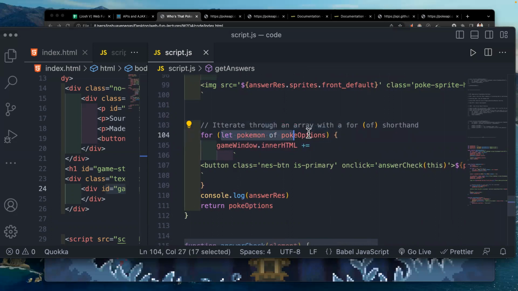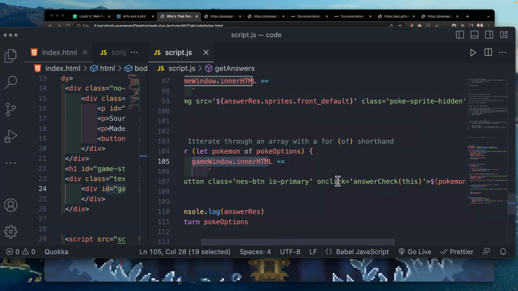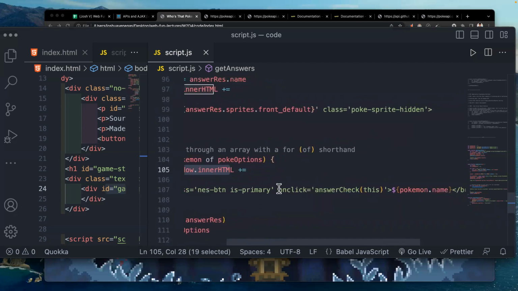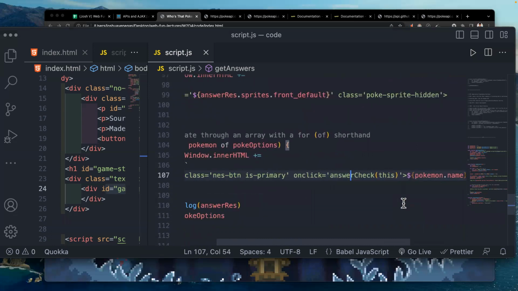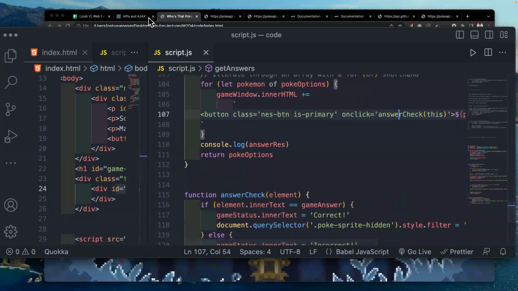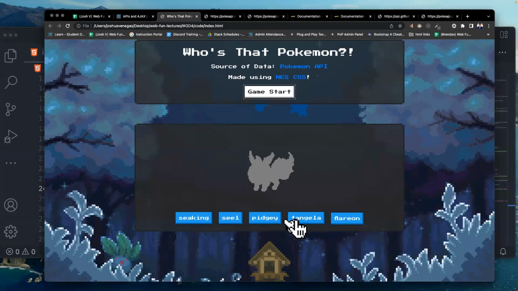So for let Pokemon of PokeOptions, we say add to the game window this button, which on click, we can create an onclick in JavaScript saying answer check this, and then the Pokemon name. That's how we're able to check the answer of whatever button that we click that has the correct Pokemon name.